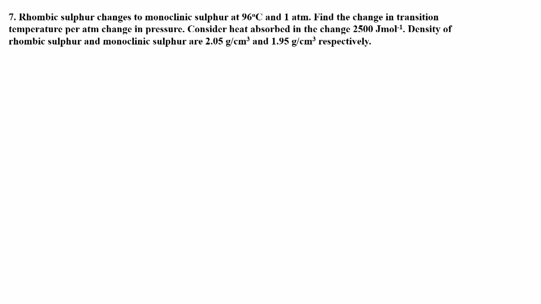Problem number 7 says the rhombic sulfur changes to monoclinic sulfur at 96 degrees Celsius and 1 atmosphere. Find the change in transition temperature per atmospheric change in pressure. Consider heat absorbed in the change is 2500 joules per mole and the densities of rhombic sulfur and monoclinic sulfur are 2.05 gram per centimeter cube and 1.95 gram per centimeter cube respectively. So, from the Clapeyron equation,